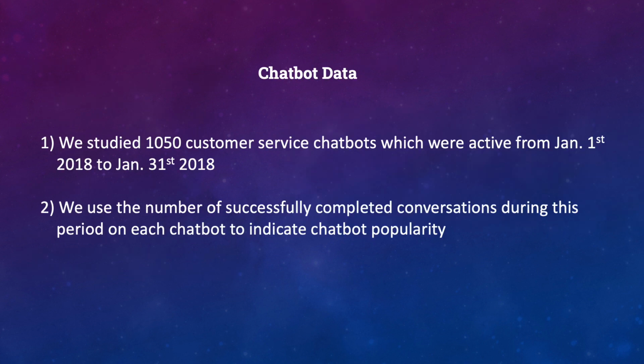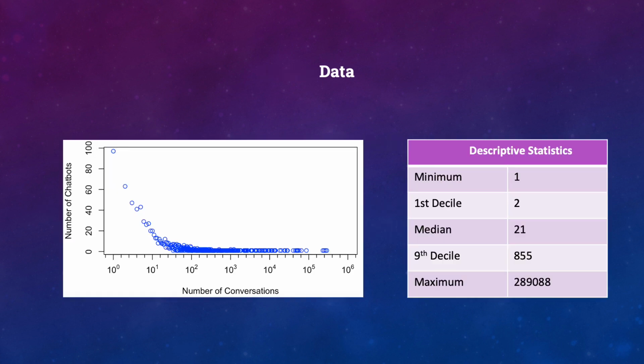In our work, we studied 1,050 customer service chatbots about banking, retail, insurance, and telecommunication, which were deployed by large enterprises and were active during January 1st, 2018 to January 31st, 2018. We used the number of successfully completed conversations during this period on each chatbot to indicate chatbot popularity. Here we show the distribution of chatbots in terms of the number of successfully completed conversations. The table shows some descriptive statistics of the minimum, first decile, median, ninth decile, and maximum number of